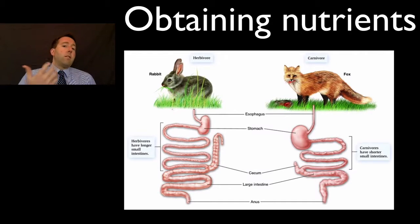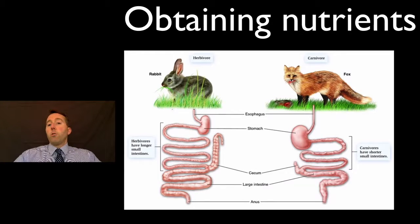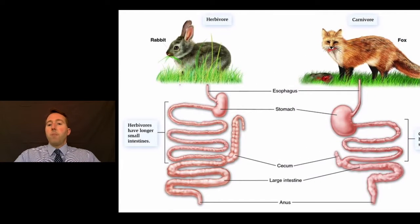So you have to get carbohydrates and proteins and fats, and also vitamins and minerals from your food all the time. They're teeny tiny, these things, but you get them out of the food that you eat. And different animals have different ways of getting the nutrients out of the food that they eat. And we can see this in different groups of animals. So if we look at a herbivore's digestive system, for example, we'll see that food goes